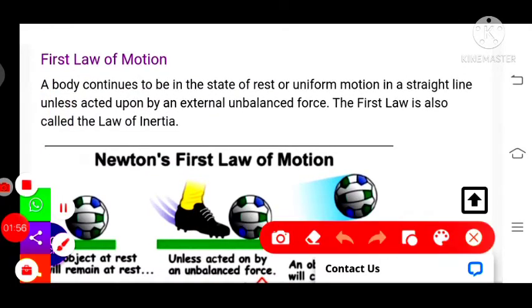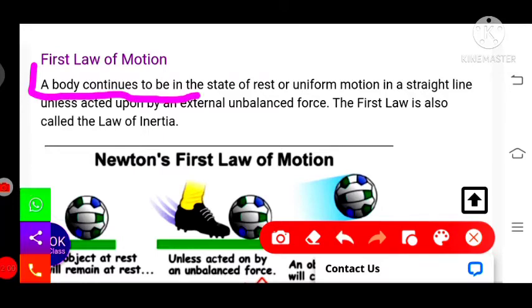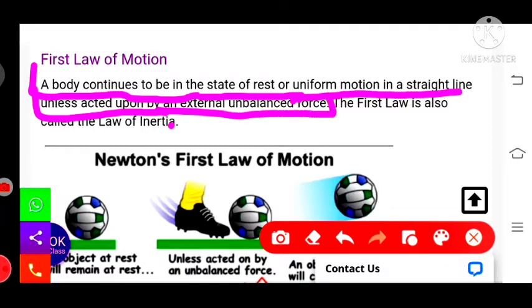Now we come to the first law of motion. A body continues to be in the state of rest or uniform motion in a straight line unless acted upon by an external unbalanced force. The first law is also called the law of inertia. So it means that